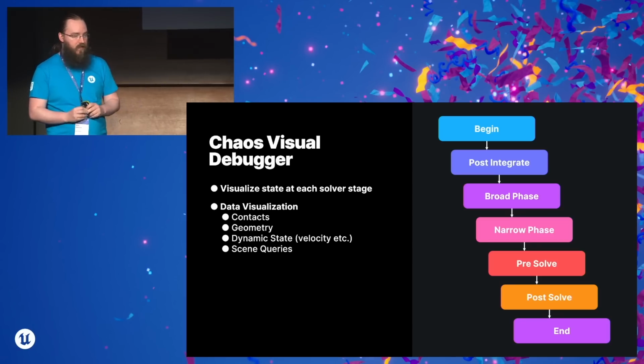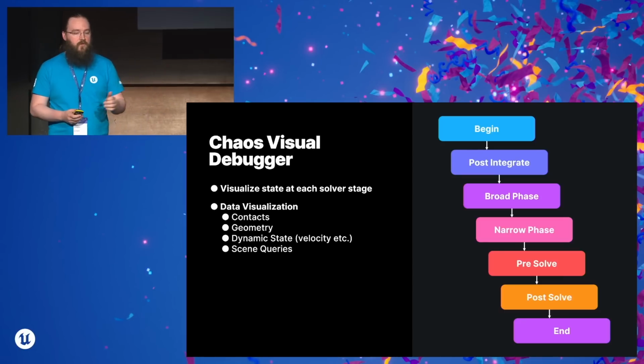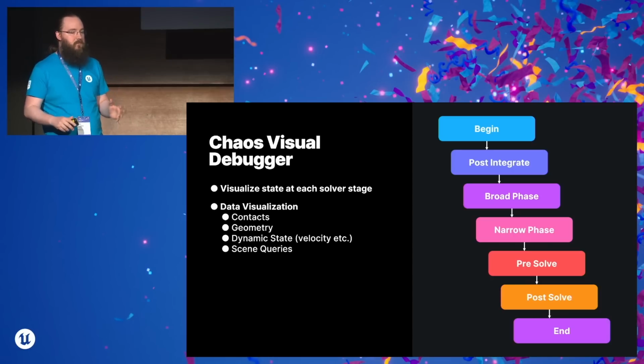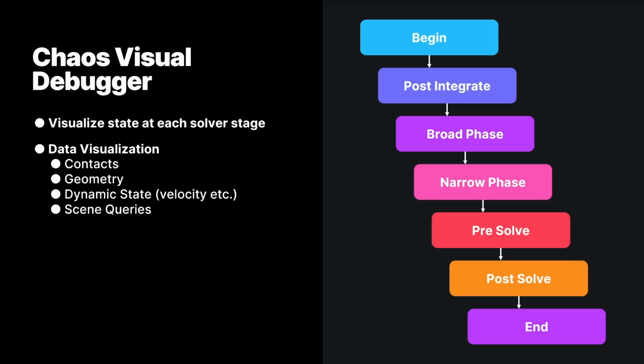Then we go into the integrate phase. This will move the particles, the shapes forward in time. This might put them into intersection at this point. We'll later detect those intersections and solve them. Next up, we run the collision detection pipeline. So during the broad phase, we work out which particles may have overlaps, very coarsely using bounding boxes. In the narrow phase, we'll get exactly which particles collide and how they collide, and build a contact manifold to